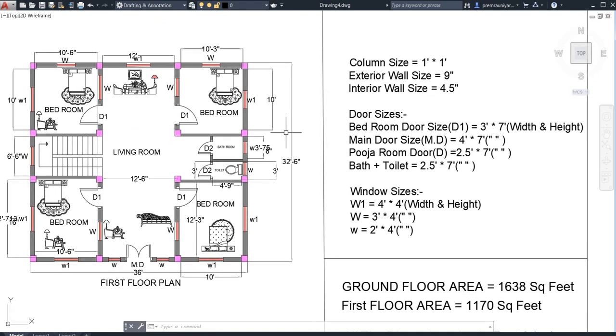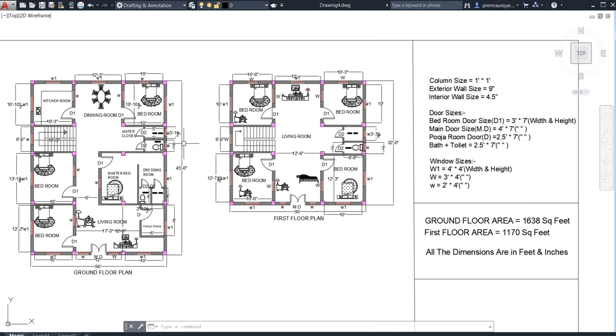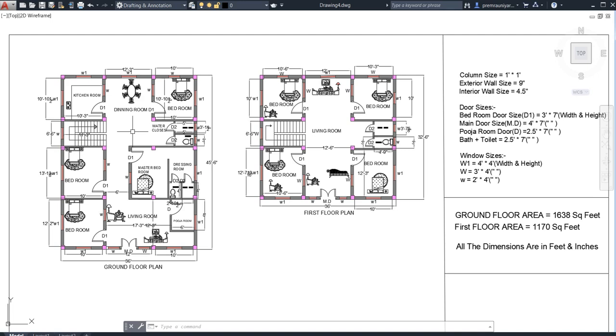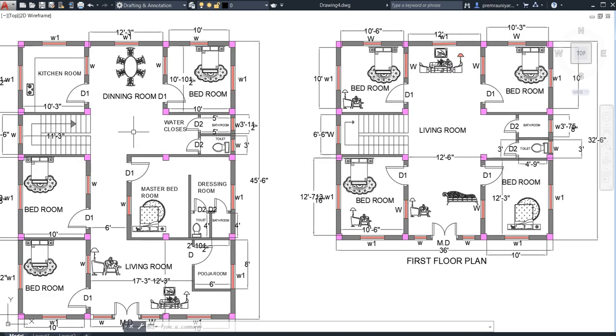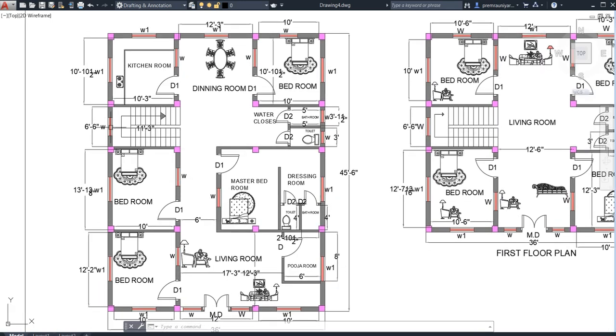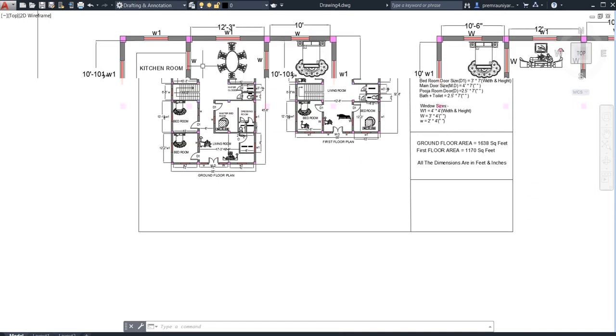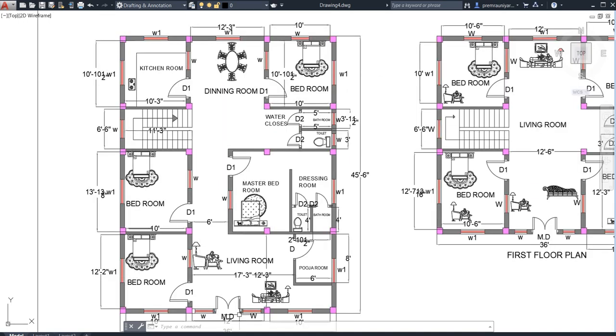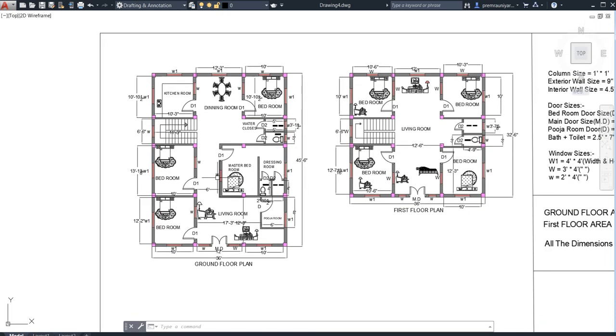As you know, in every plan, every building, you can see two types of walls, depending on their thickness. Generally, the boundary, the exterior wall, is 9 inches. You may wonder how to build a 9 inch wall. A wall of two bricks thickness will be 9 inches.